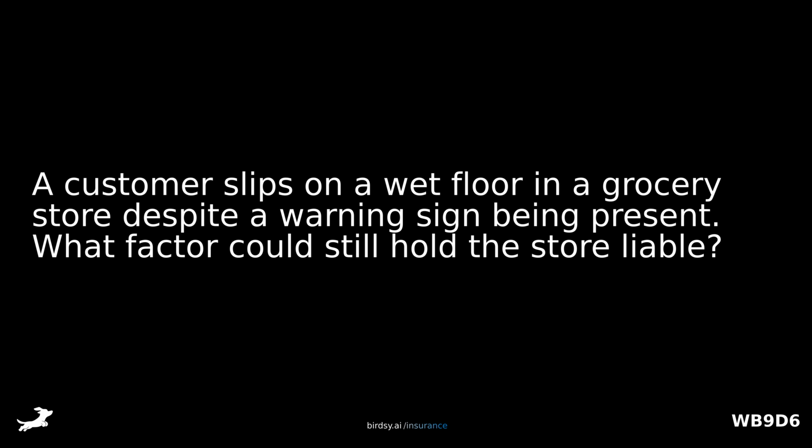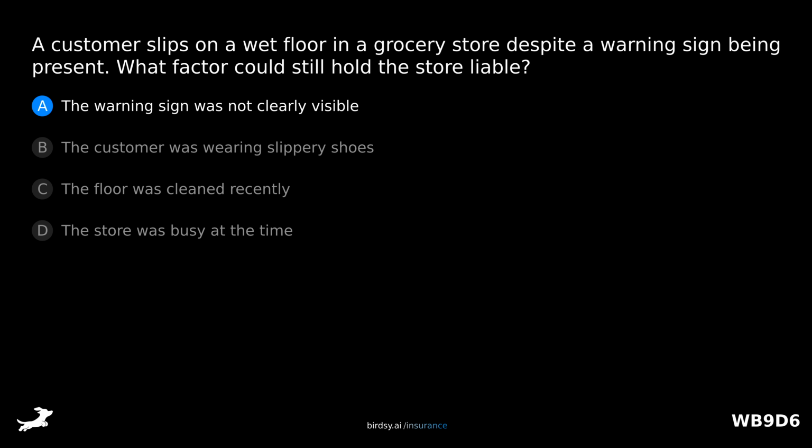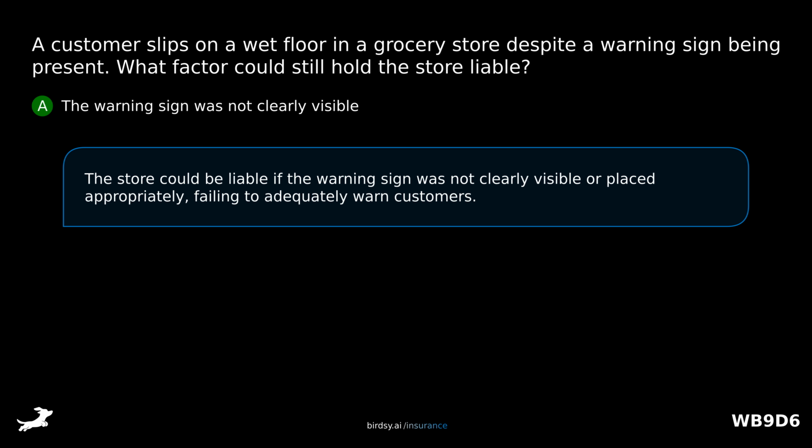A customer slips on a wet floor in a grocery store despite a warning sign being present. What factor could still hold the store liable? Is it A, the warning sign was not clearly visible, B, the customer was wearing slippery shoes, C, the floor was cleaned recently, or D, the store was busy at the time? The answer is A, the warning sign was not clearly visible. The store could be liable if the warning sign was not clearly visible or placed appropriately, failing to adequately warn